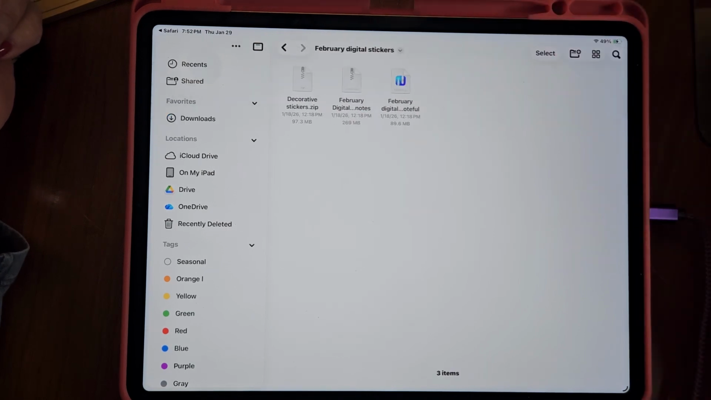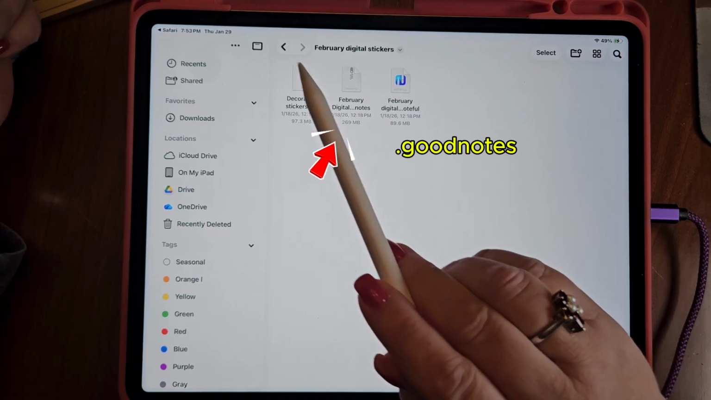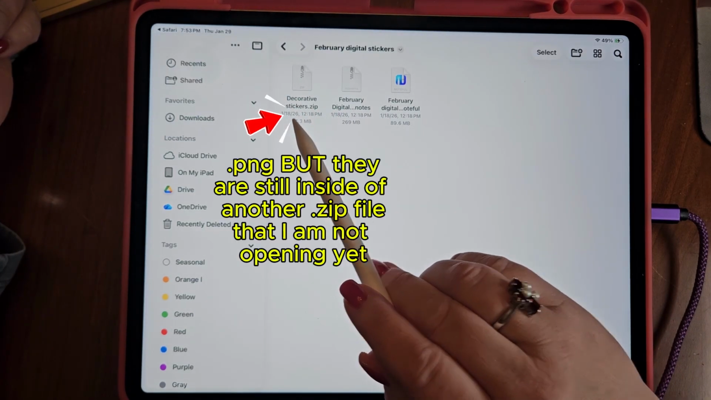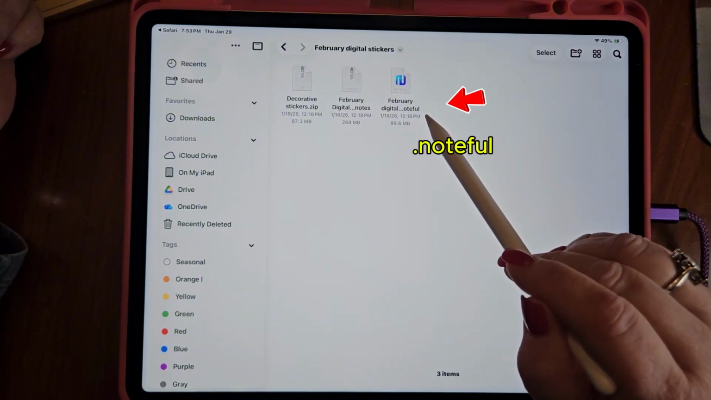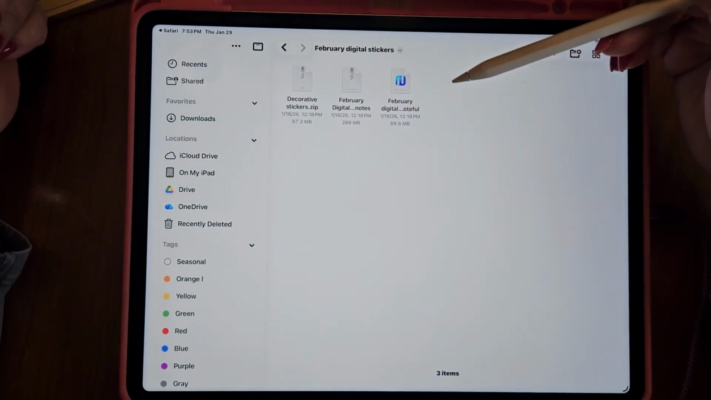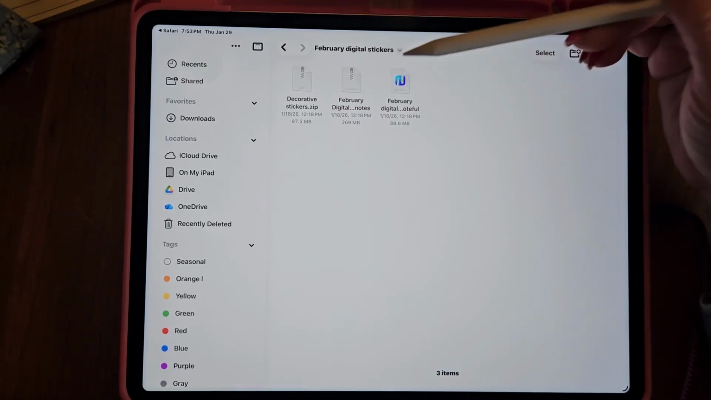We're going to open that folder, and we're going to see here are the GoodNotes files, here are the PNGs, and here we can see the NOTEFUL emblem, and we can see NOTEFUL at the end. So we know these are the files that we want in order to import it into NOTEFUL. So we're going to tap this emblem,